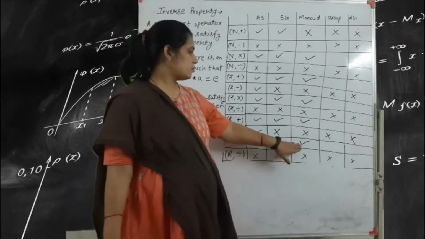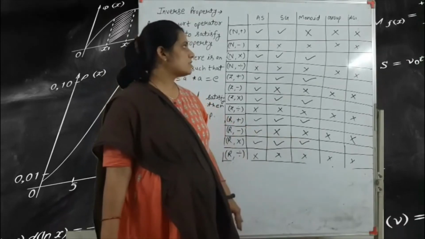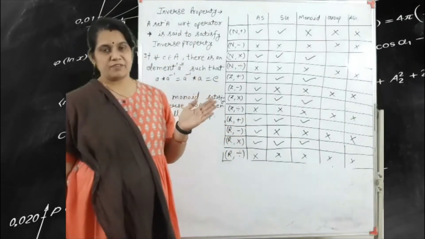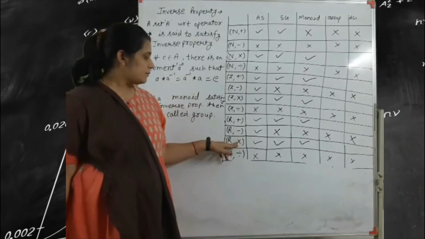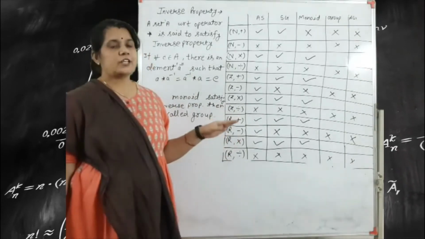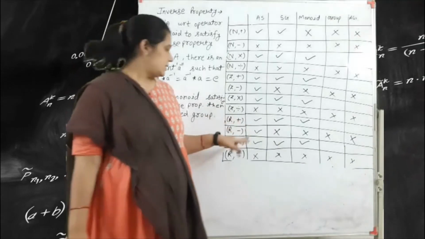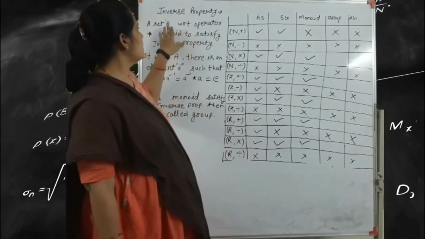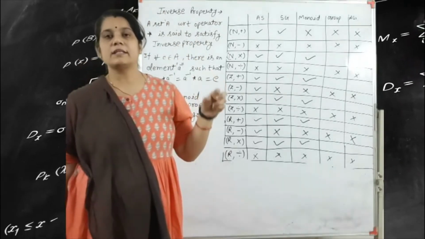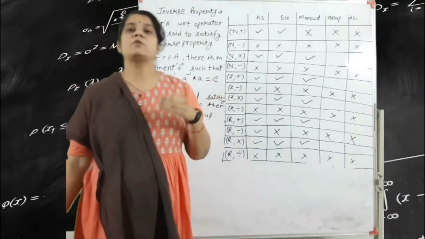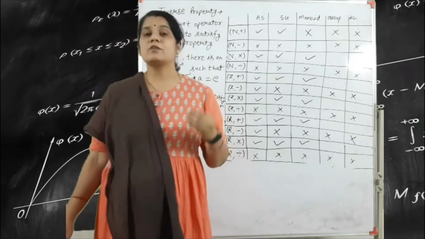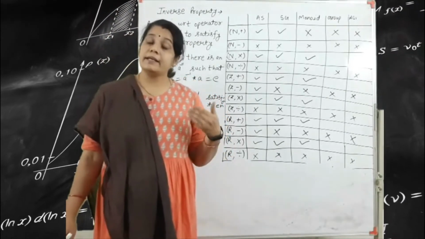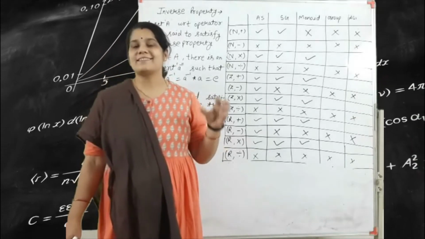R multiply. So R multiply also satisfies the identity property because R, that means minus infinity to plus infinity, and R multiply, that means 1 is already included in the real number set. Okay, so here next one is the group. Group means what? If a set A with respect to any operator satisfies the closure property, associative property, identity property and the inverse property, then we can say that this is a group.